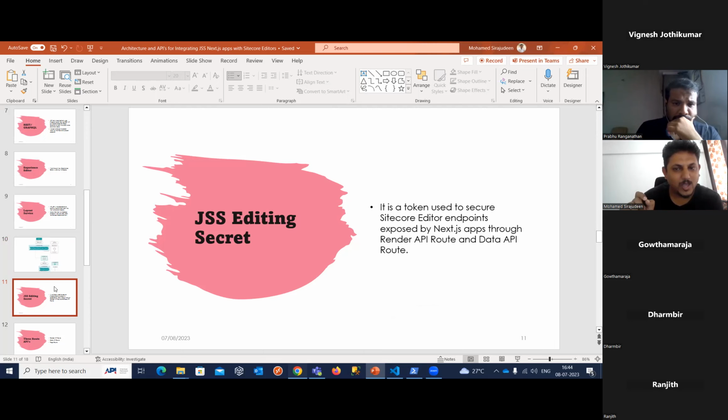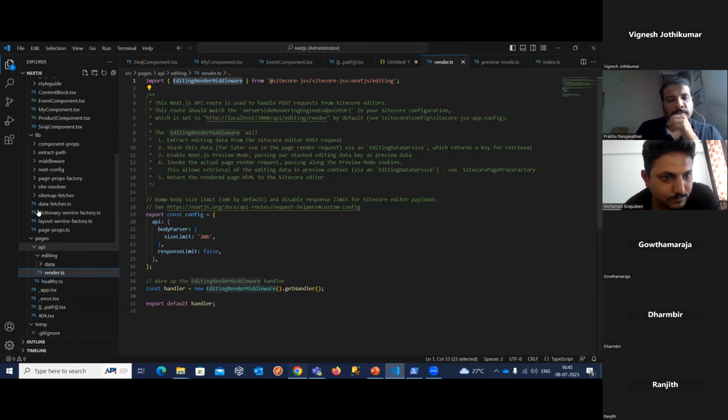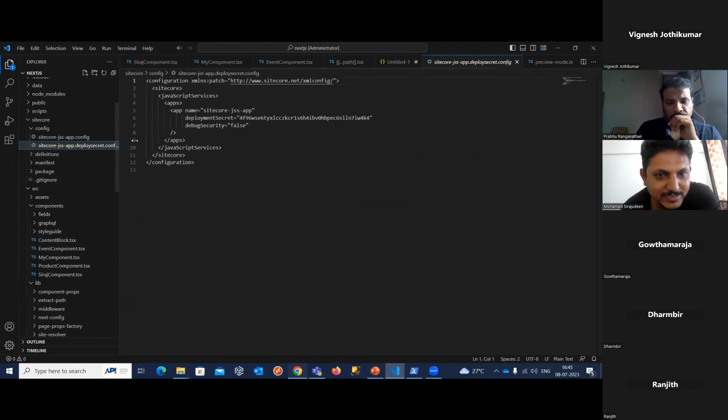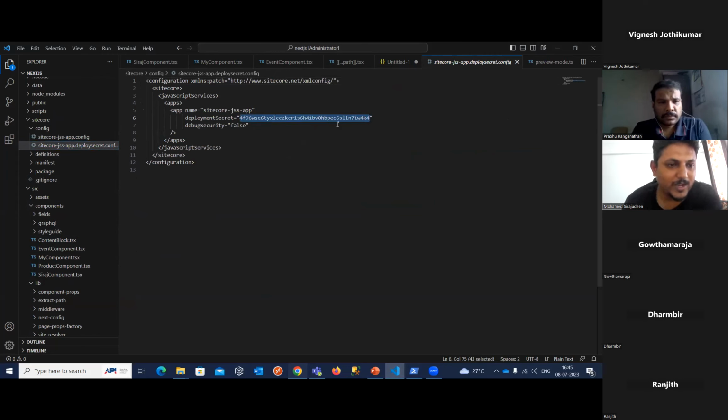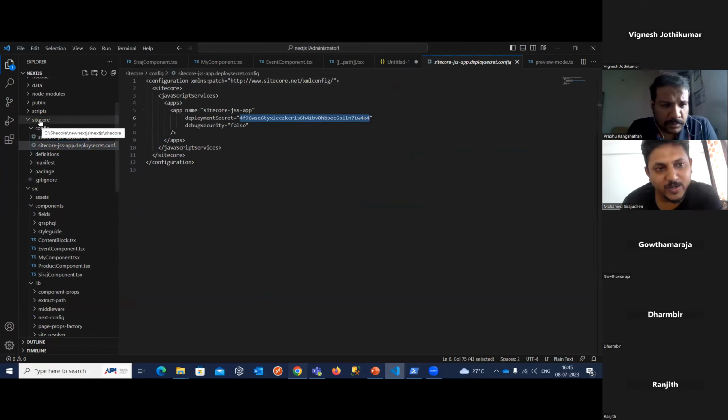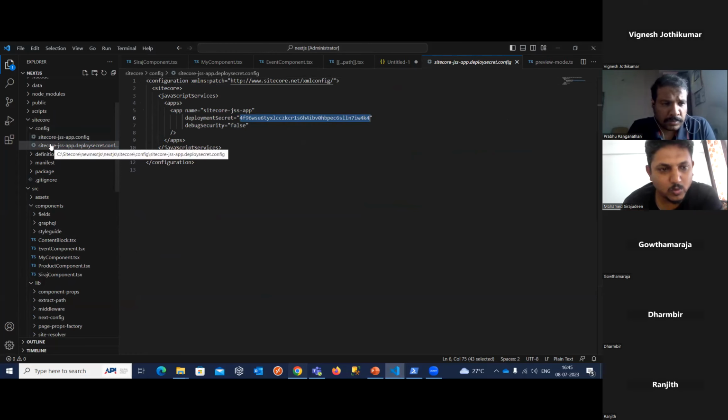When you click the empty one while setting up your JSS, it will automatically be created and stored in the Sitecore JSS app.deployment secret.config file. So this is the deployment secret key, and this key has to be set somewhere. So, for this security,